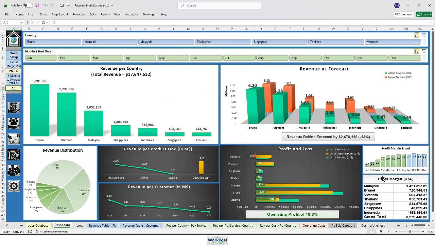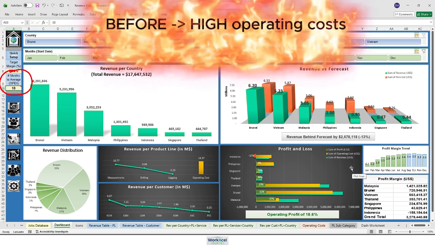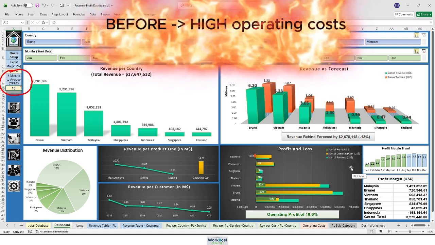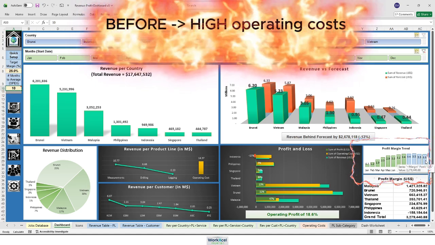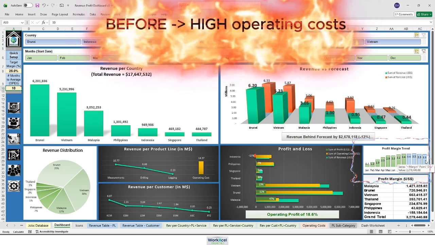Now let's look at the profit margin trend. This represents the actual profit trend that we saw in June, before our cost-saving measures, because the operating expense was way higher from January to June. If we didn't implement cost-saving measures, this would be our expected profit at the end of the year, only 3.3